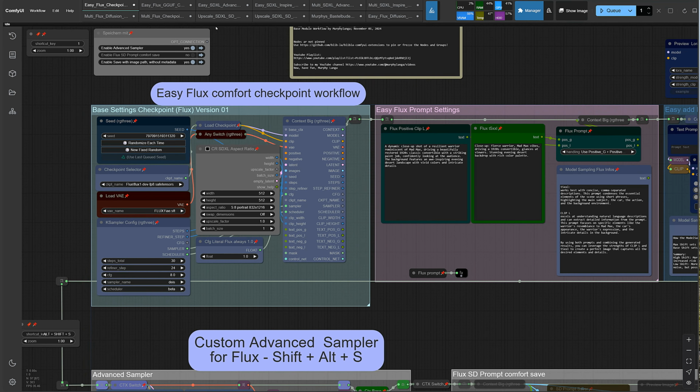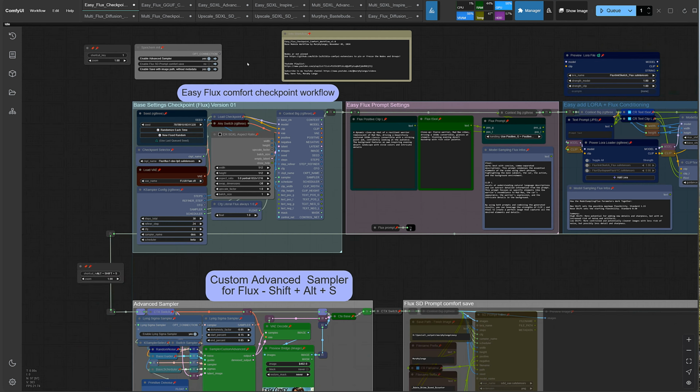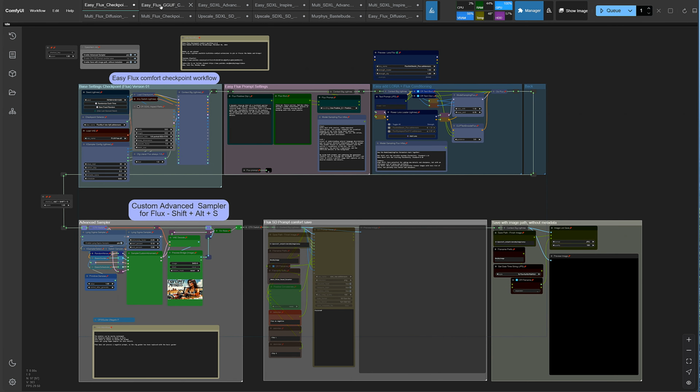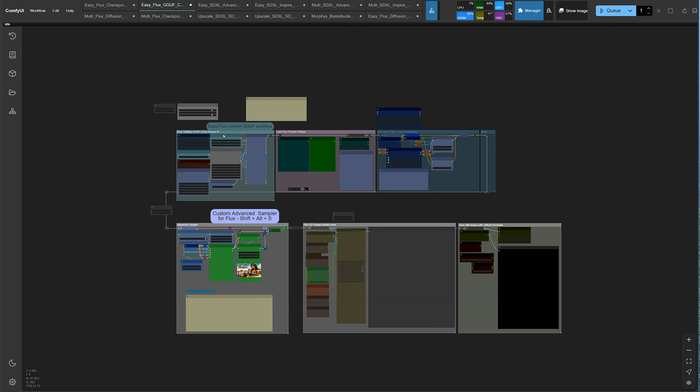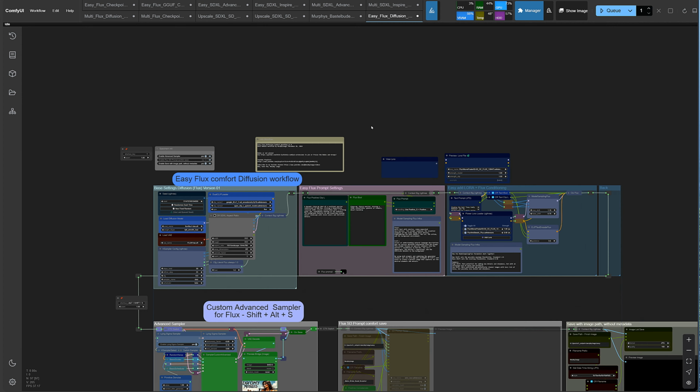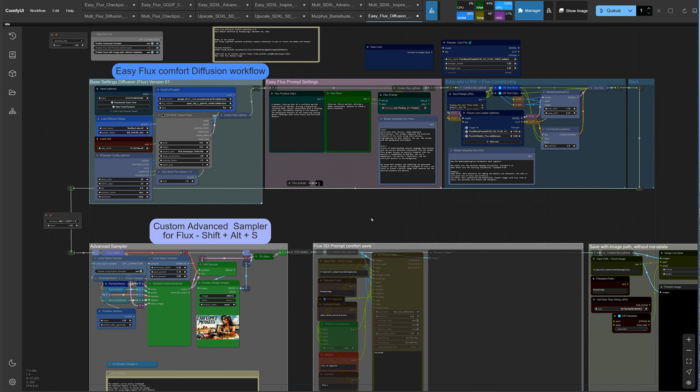Many of you have asked for simpler workflows, so I've created some compact modules and assembled them into smaller workflows for both Flux and SDXL. If there's anything missing that you'd like to see, please leave a comment. I'd love to hear from you, and a thumbs up is always appreciated as well. I'm always looking for ways to improve and make things easier for you, so don't hesitate to let me know